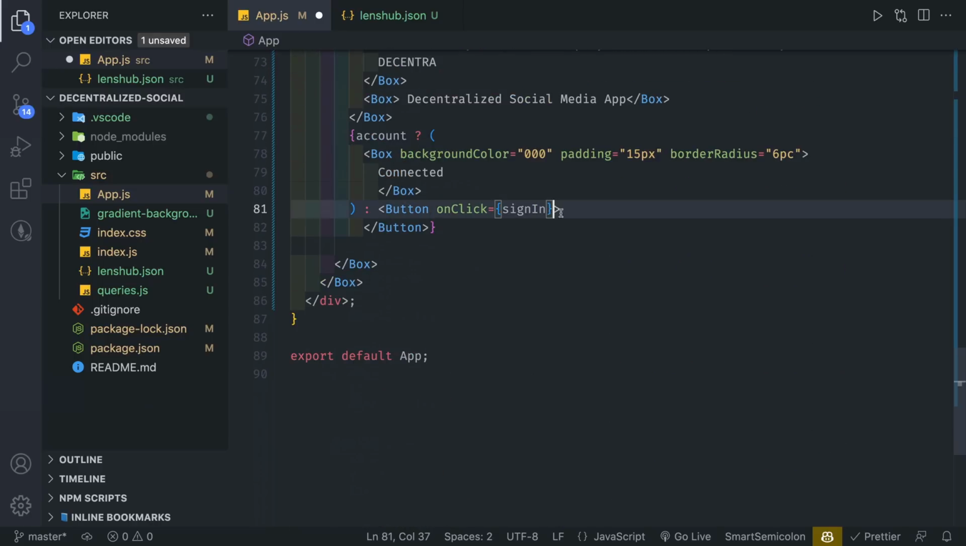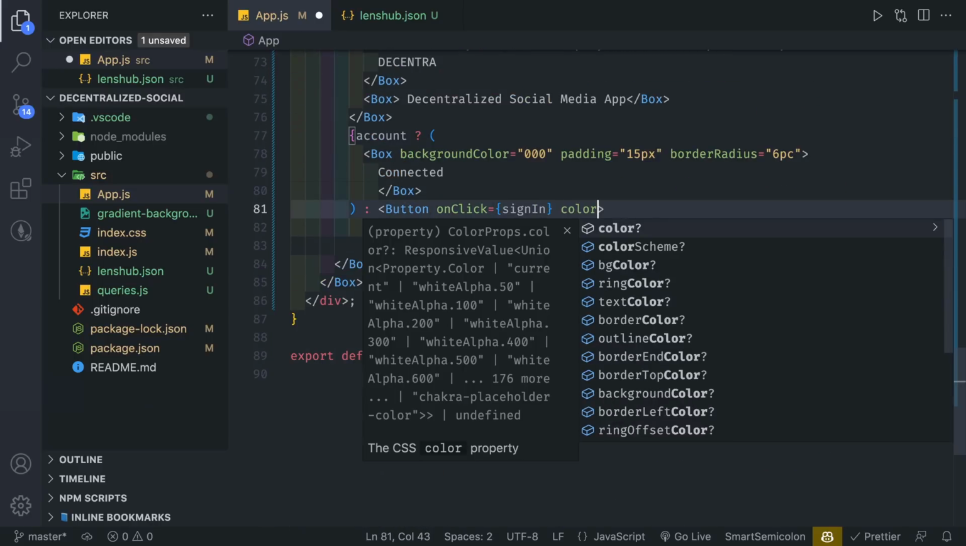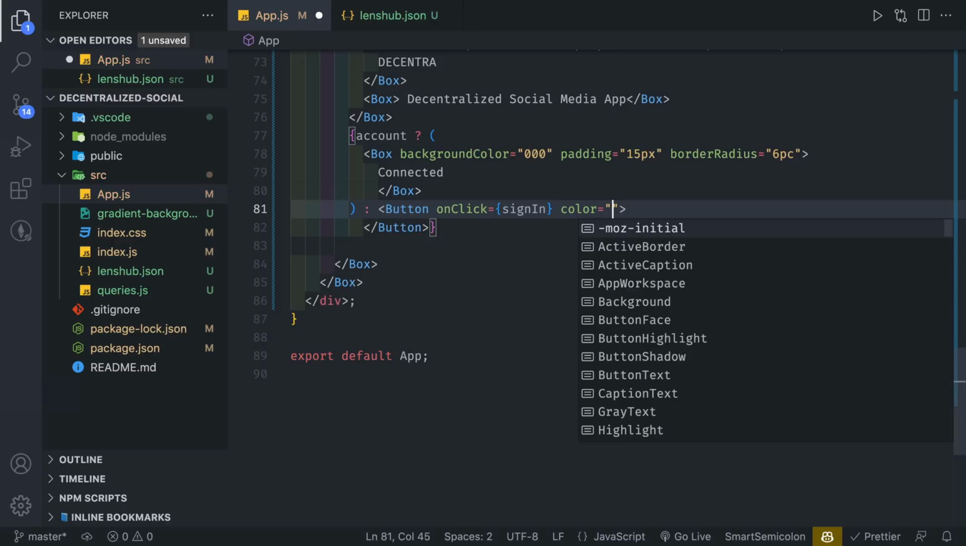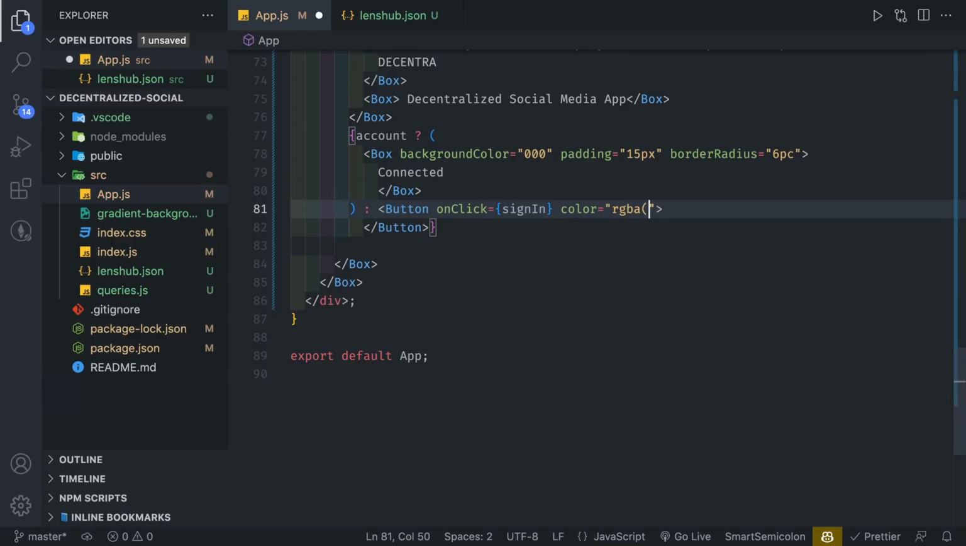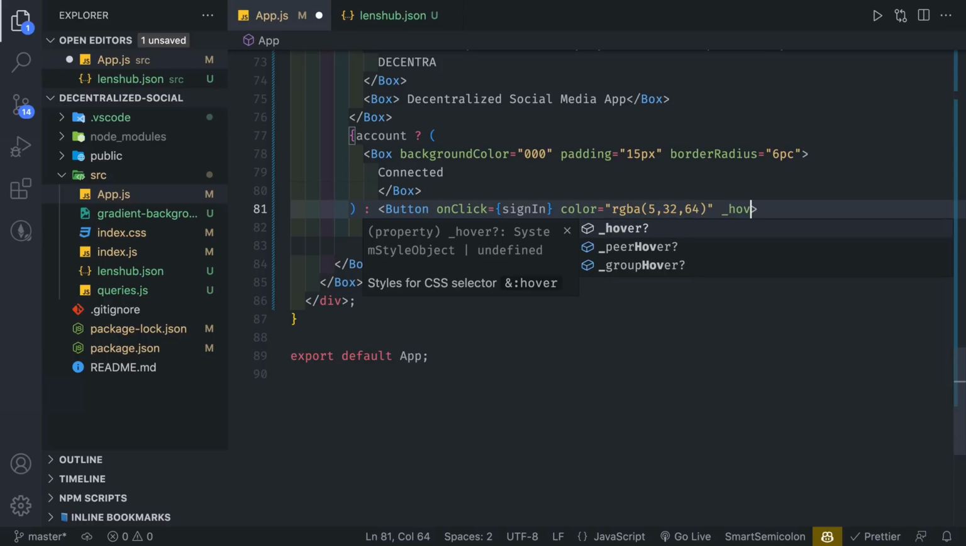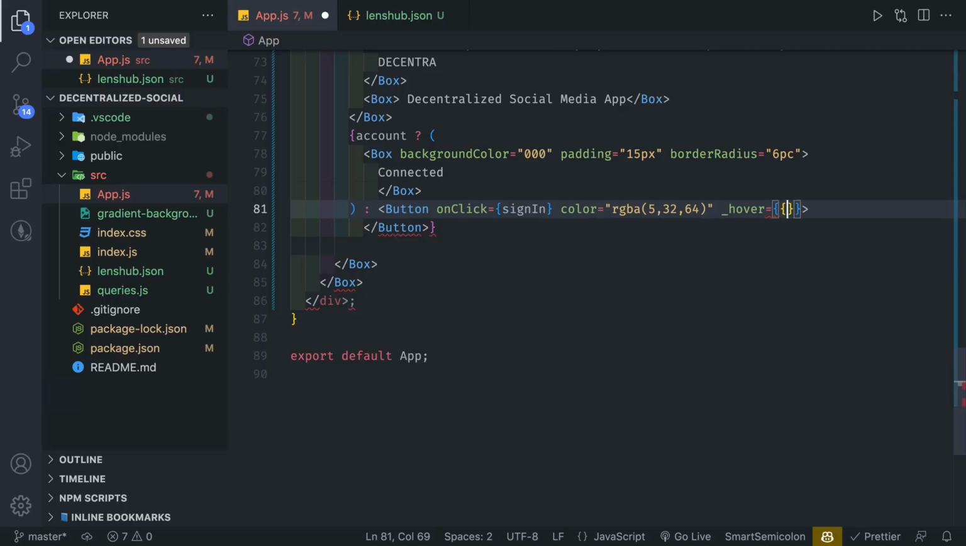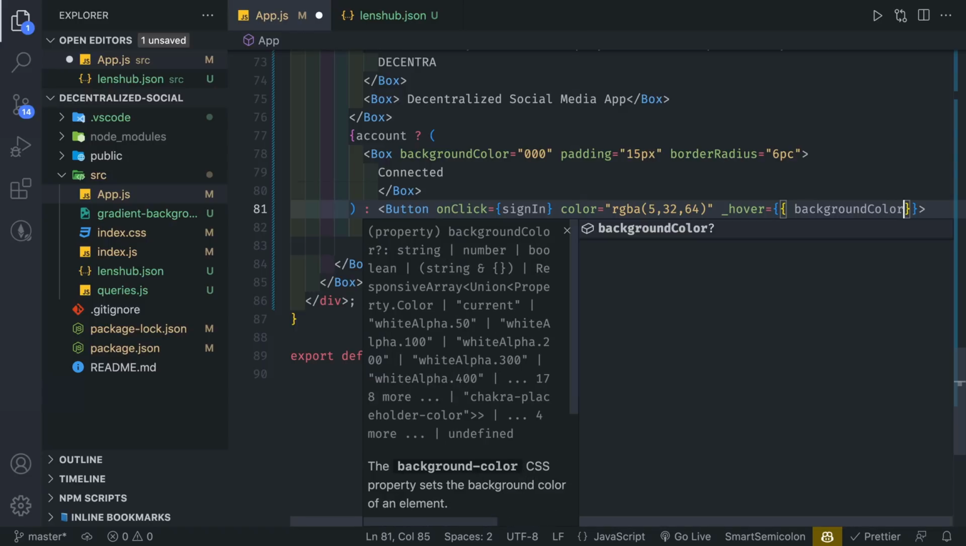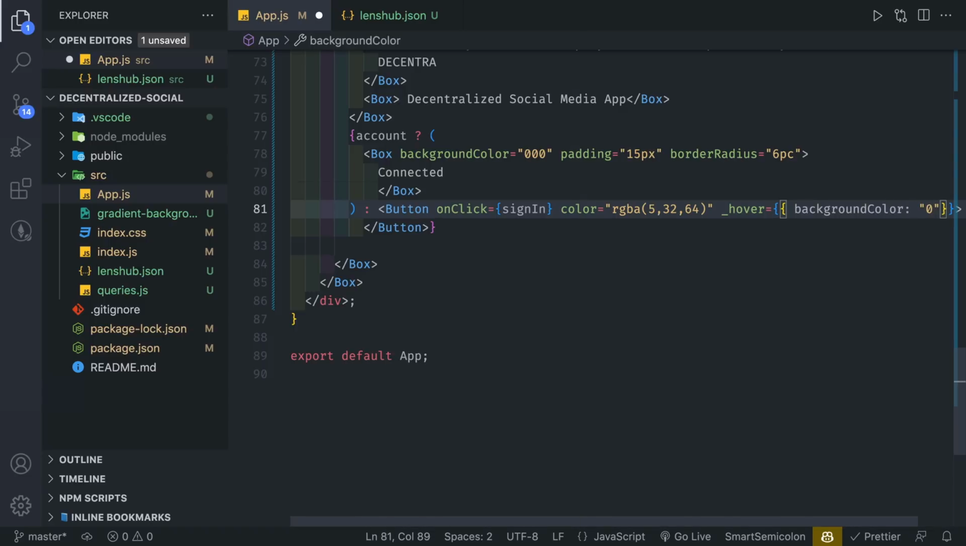So if we go back down, we're going to create a color of RGBA 53264. And we're going to pass in a hover CSS background. So this is equivalent to saying it's a pseudo element selector or CSS selector. Whenever this button gets hovered, we can add in the styles over here. We can say a background color of number